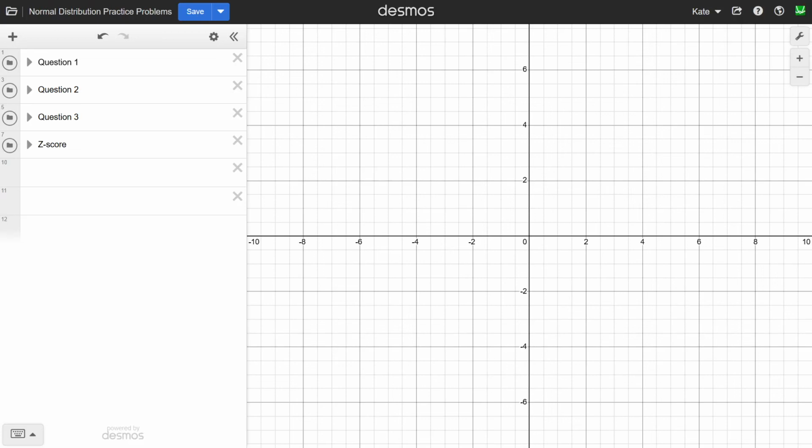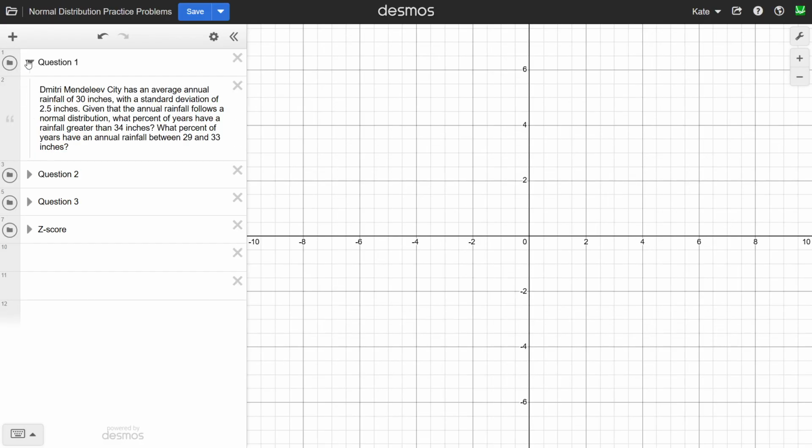Hello, today we're going over some normal distribution practice problems and showing how you can use the functions in Desmos to solve them. First question: Dmitry Mendeleev City has had an annual rainfall of 30 inches with a standard deviation of 2.5 inches. Given that the annual rainfall follows a normal distribution, what percent of years have a rainfall greater